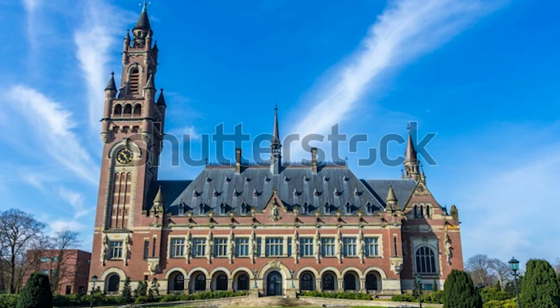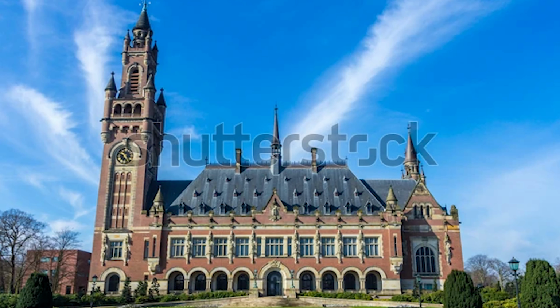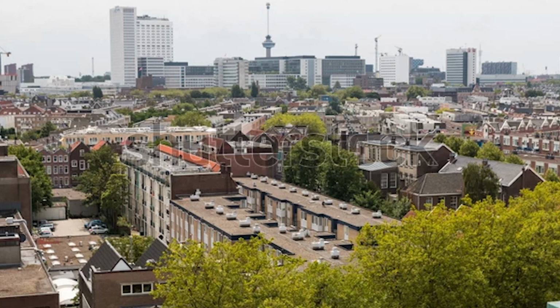So some of the highlights for photos for Shutterstock in February was one of the Peace Palace, the United Nations building called the Peace Palace in The Hague, and that was a photo of the building and a nice blue sky in the background, and that sold for 78 cents. Woohoo! Another one was of a street scene of the Rotterdam skyline, and I made this photo during the first